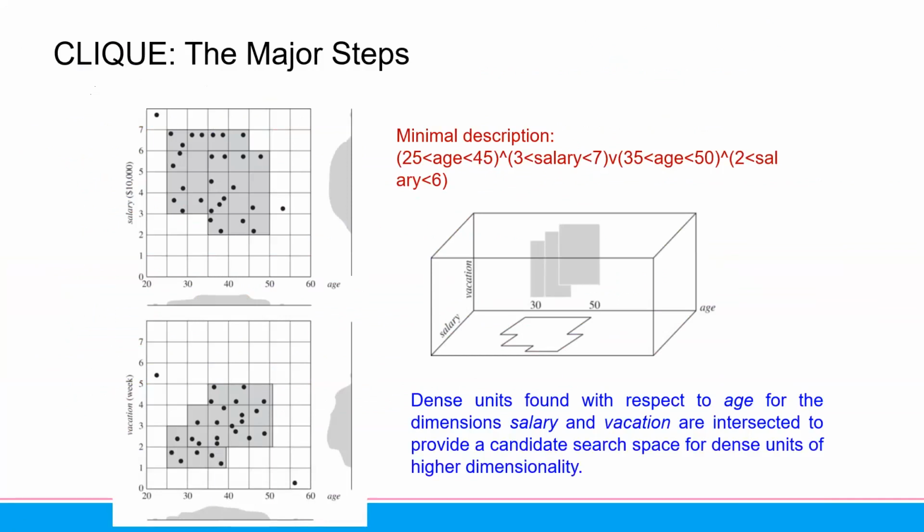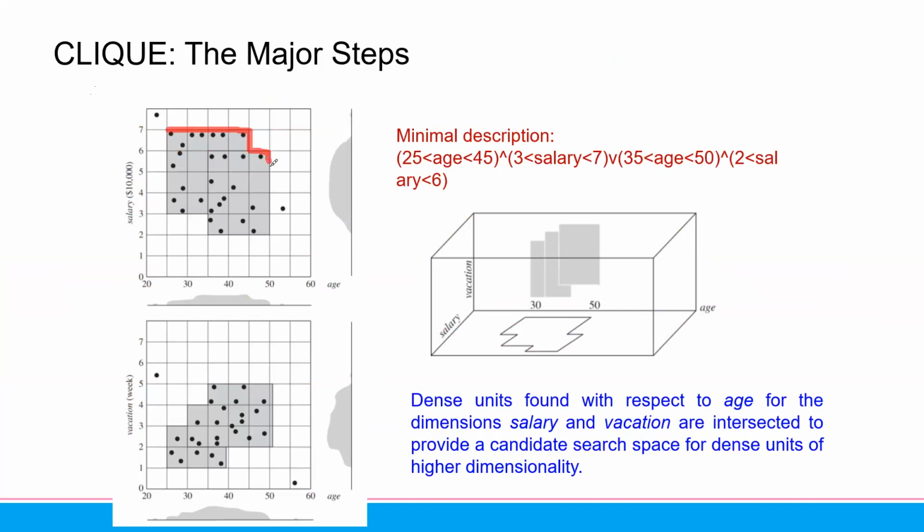In the first graph, we can look at this one. We have the salary and this is the age. And we can make the grid. So this is the grid. If in the grid we can see there are some points, then we will use this grid. We will use this grid. And if you look at this grid,